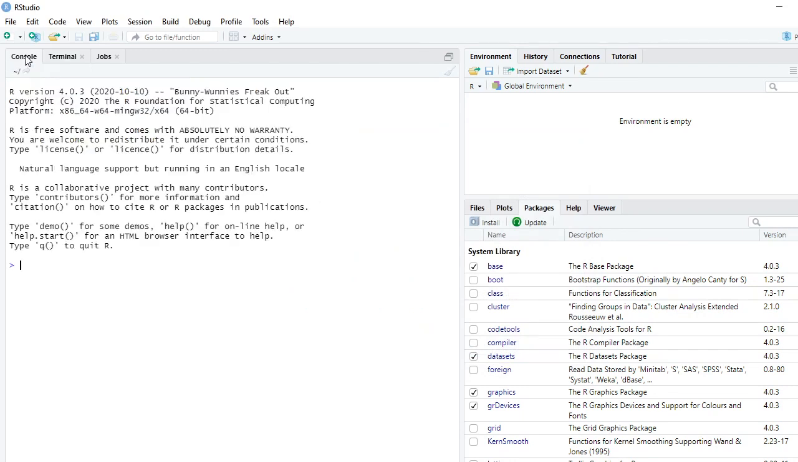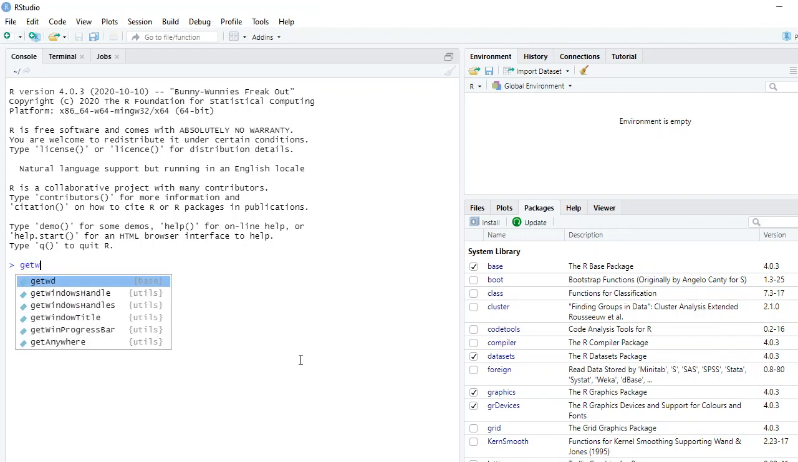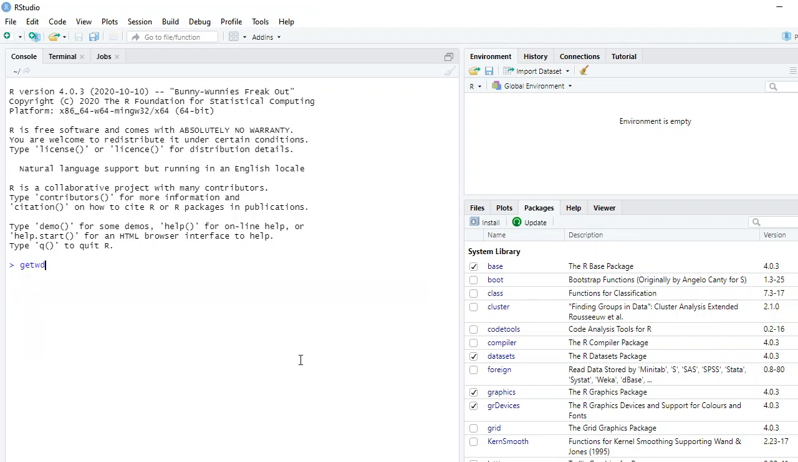Now suppose I want to see the current path or current working directory. Through this getwd I can see the current working directory. For running, just press Ctrl Enter. So you can see here my current working directory is